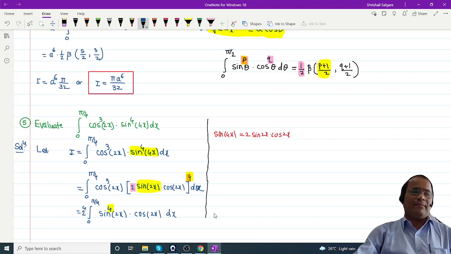Divyansha, suppose there are two terms, cos 2x and cos 2x. Now one power is 3 and the other is 4. What should I write? Divyansha, are you there, or is your mic not working again? Yes, I am there. Okay. Now the first one is cos raised to 3 and the other is cos raised to 4. What should I write here?